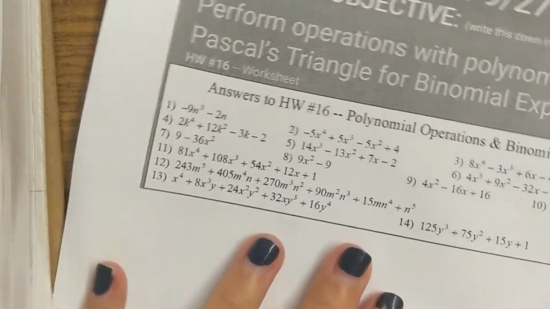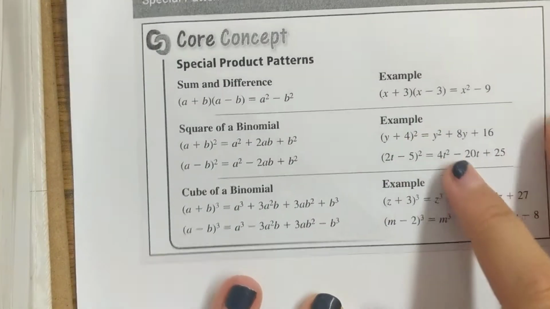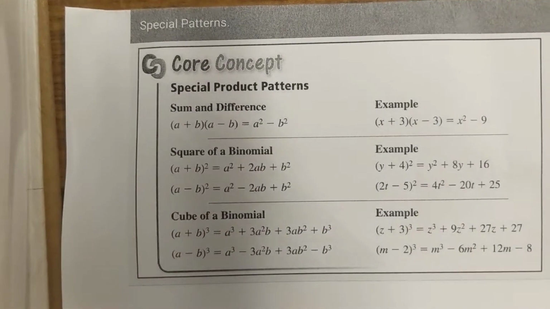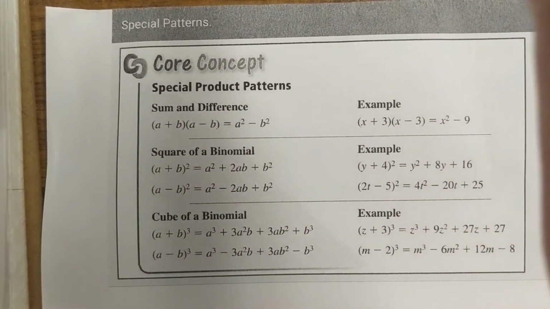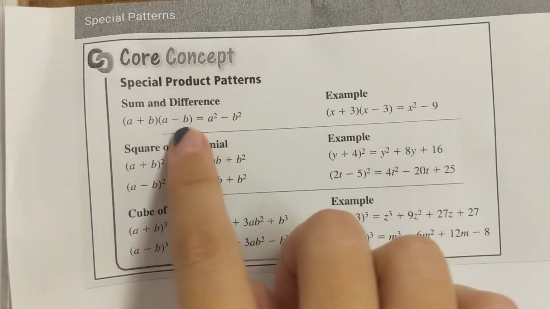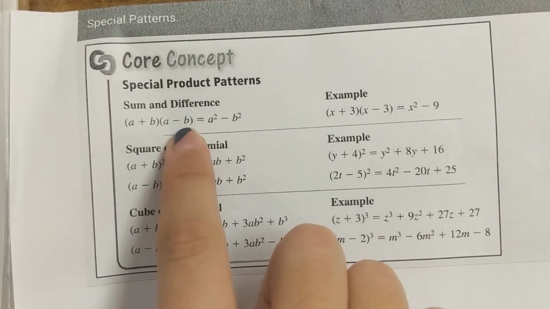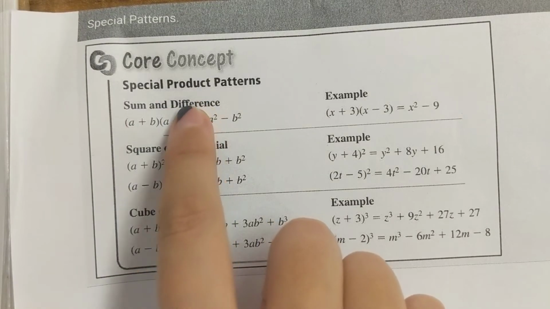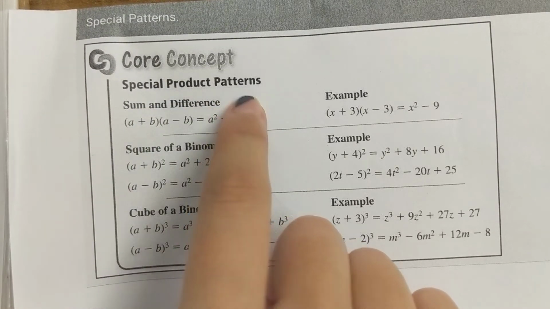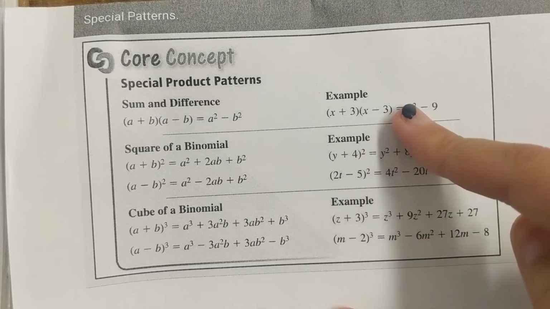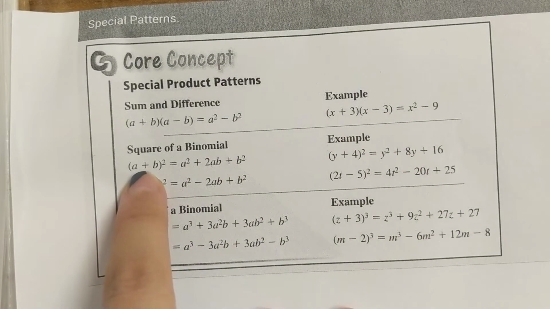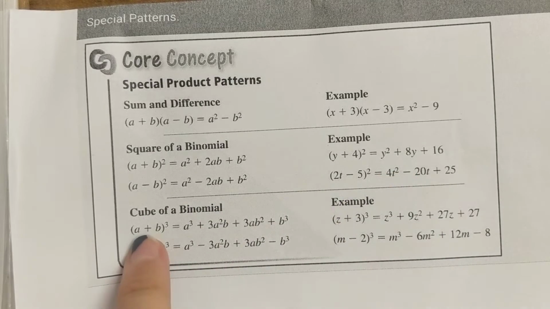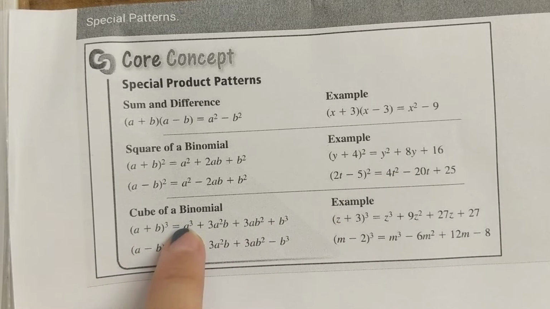Okay, so you have your answers to your homework. This you would have had to copy down, but look, it's right in front of you. These are some of the special patterns that we've talked about a little bit, but I would like to go over more. When you have what they're calling sum and difference, because it's a product pattern, it's the difference of perfect squares. They're showing the patterns when you square a binomial, with examples, and then, of course, what it looks like to